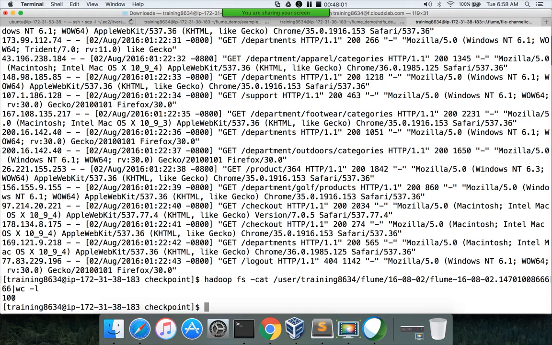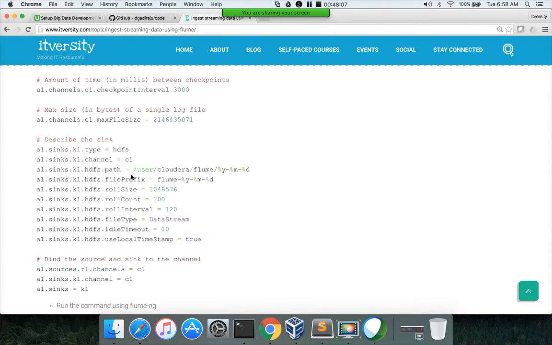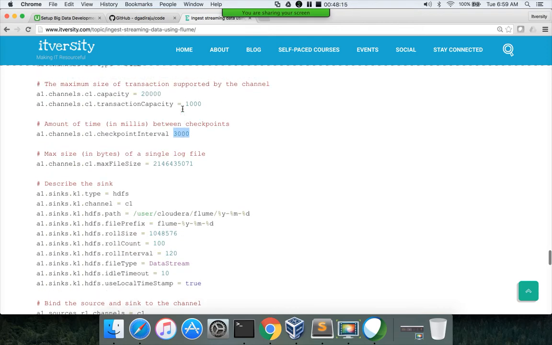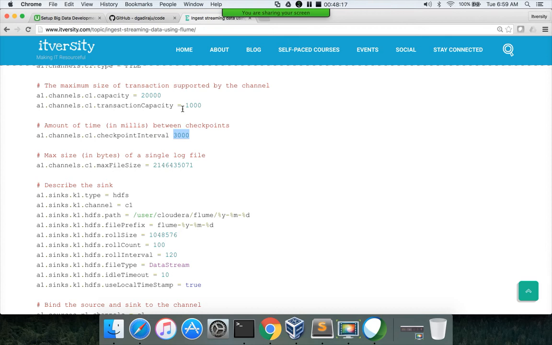So it's exactly 100 messages. So the 2 minutes and 100 messages is happening approximately at the same time. Okay, so these three are the parameters which are actually making the rolling happen. And here channel level 30 seconds is at the channel level, and the reason why we are seeing